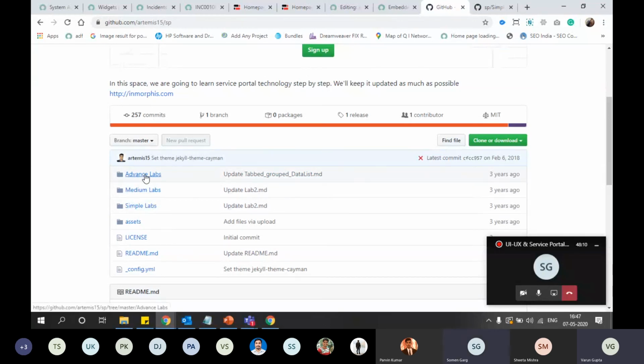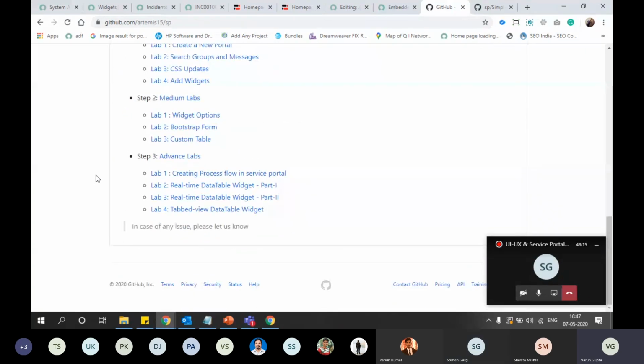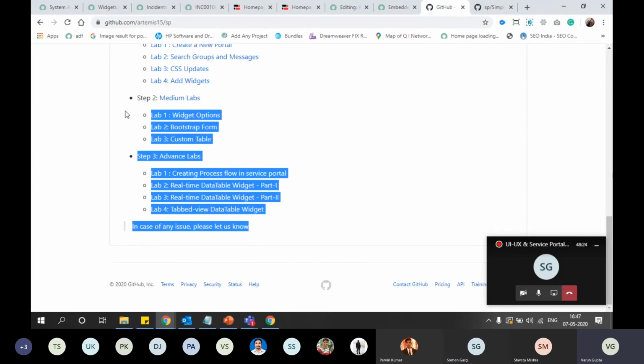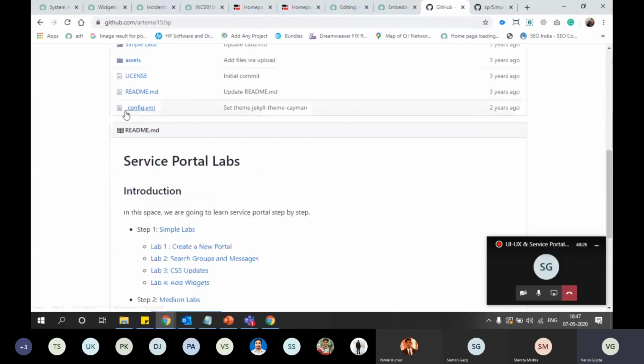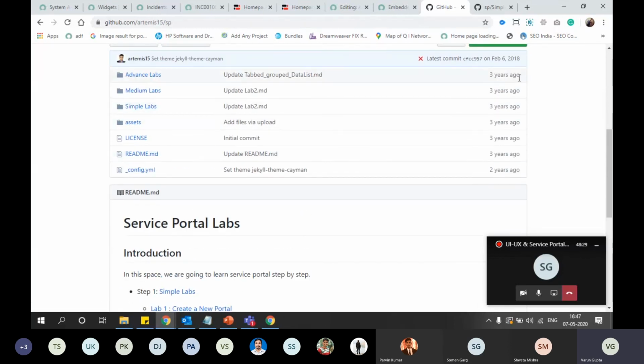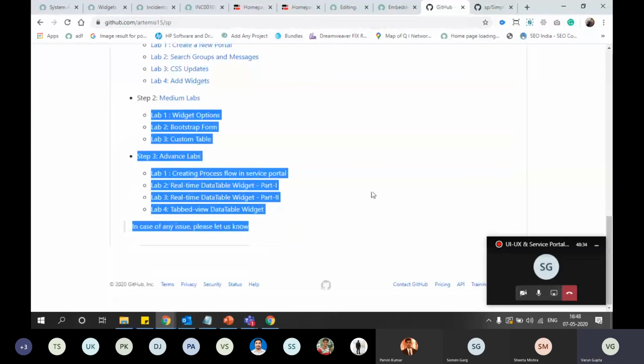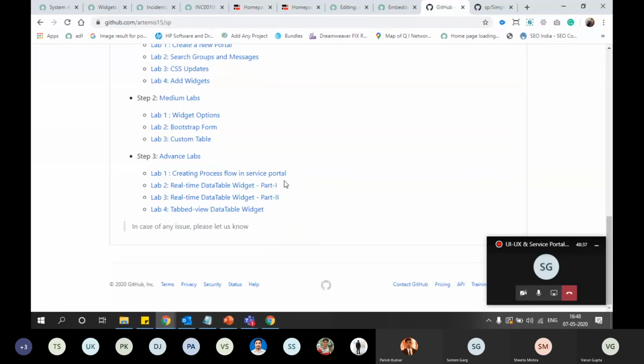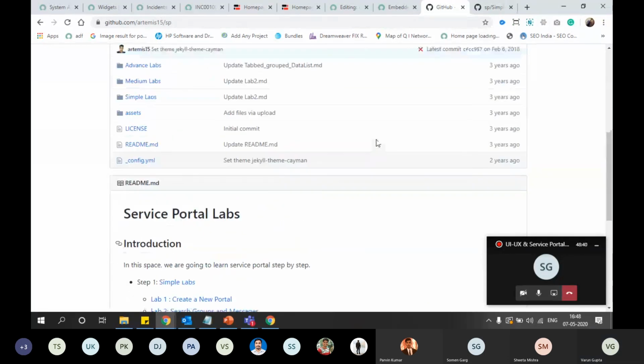After the simple labs, there are medium labs and advanced labs. Try these labs. In some of the labs there may be conflicts, and some things may not work because of the version of the instance. These labs were created three years ago, so some will work and some will not. I will share this link as well. First do the simple labs, then medium labs, then advanced labs.